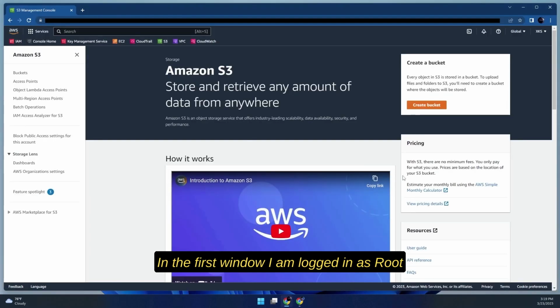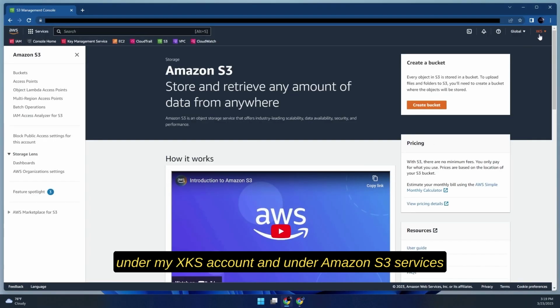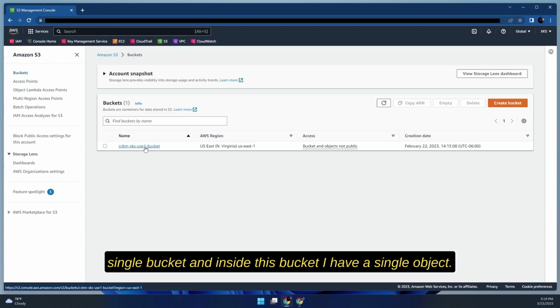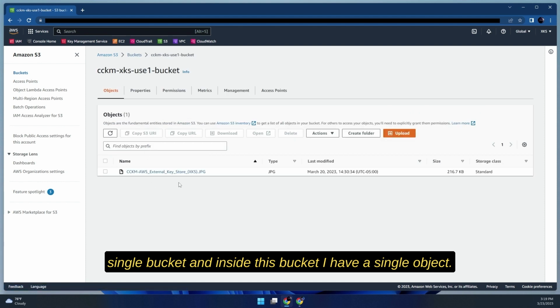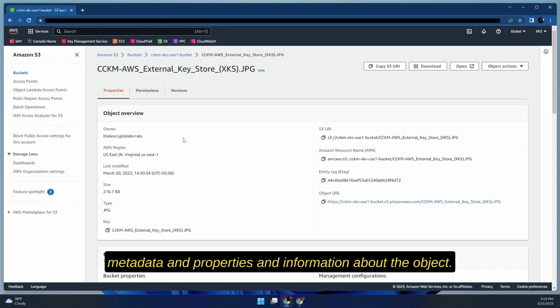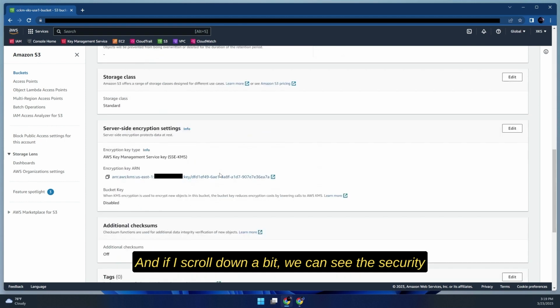In the first window, I am logged in as root under my XKS account. And under Amazon S3 services, if we select buckets, we can see that I have a single bucket. And inside this bucket, I have a single object. If I select the object, I can see the metadata and properties information about the object. And if I scroll down a bit, we can see the security and access to this object is being protected